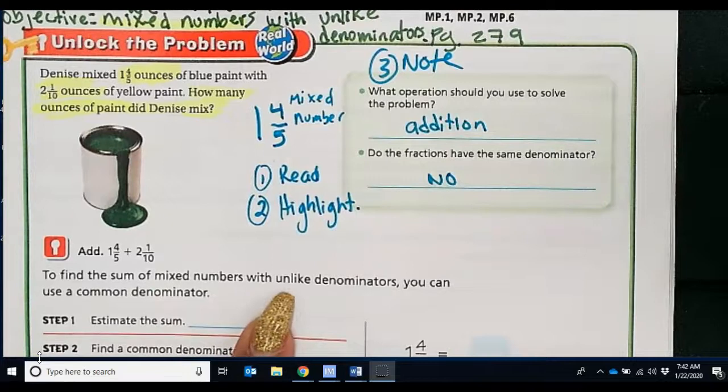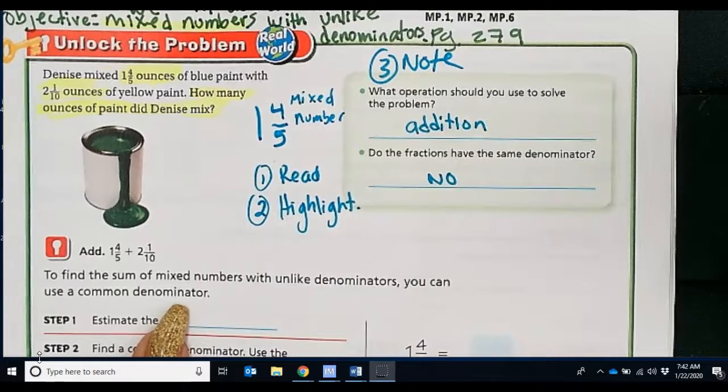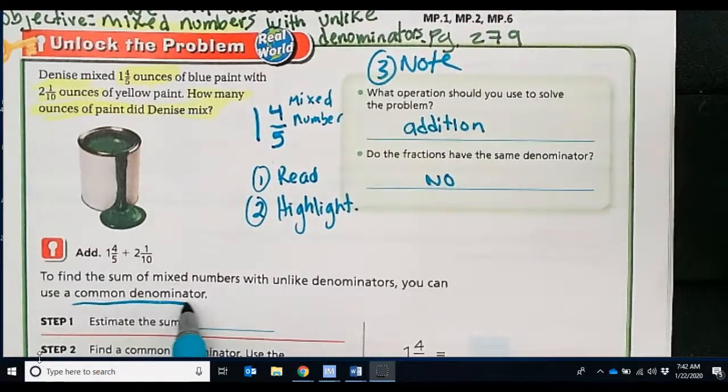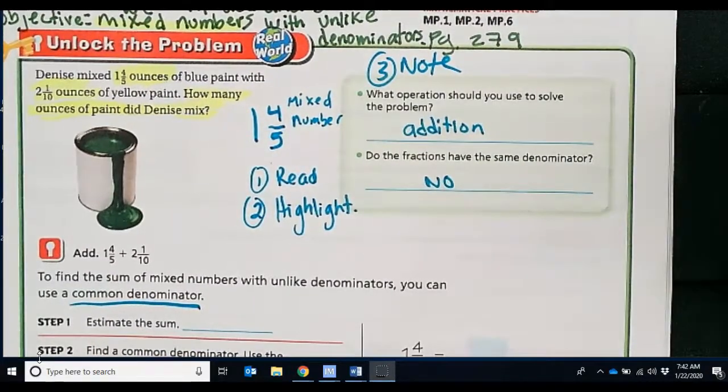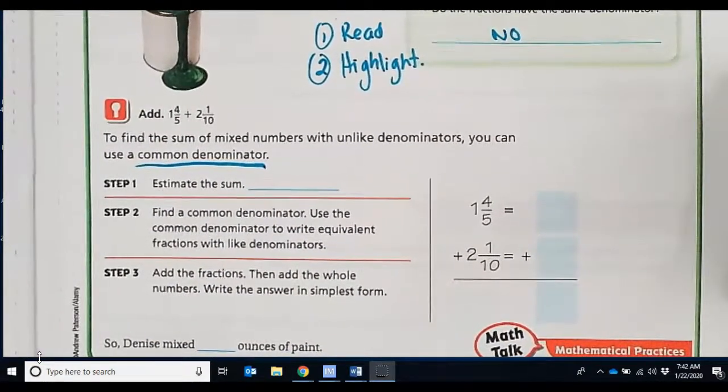To find the sum of mixed numbers with unlike denominators, you can use a common denominator. That we learned yesterday. If you have different denominators, you want to find the common denominator and then find the equivalent fraction, right? But before we do that, our first step would be to estimate that sum. How can we estimate the sum of 1 4/5 and 2 1/10? Okay, this you need to pay very close attention so that you can understand it. And I'm going to refer back to that lesson where we had to